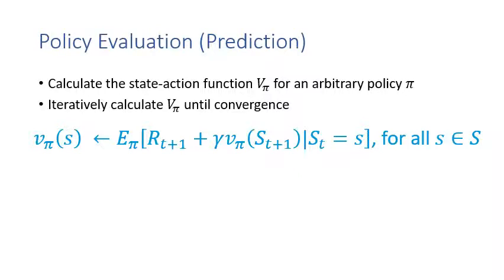Okay, let's see how to calculate the value function using dynamic programming. The first approach is called policy evaluation. The goal is to calculate the state value function v pi for any policy pi. So we can iteratively calculate v pi until convergence. The formula is here. We update our value function v pi using the expectation of the reward from the next state for all states belonging to the state space. So this equation is equal to